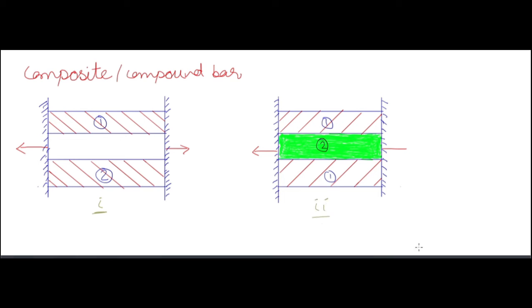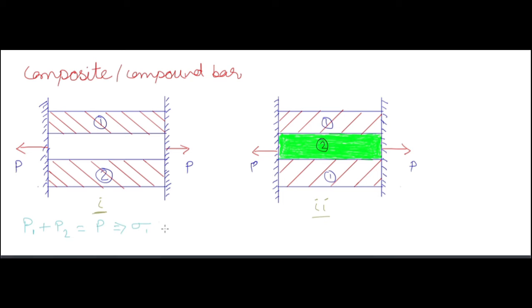So composite or compound bar, this is the P that has been happening. It means if you are stretching these two fixed supports with a load P, then P1 plus P2 is equal to, meaning the reactive forces happening in 1 and 2, or the stress load induced in 1 and 2. So P1 and P2 are the stress load happening in 1 and 2. So all this reactive force or stress force is equal to the applied force P. So P1 plus P2 is equal to P.